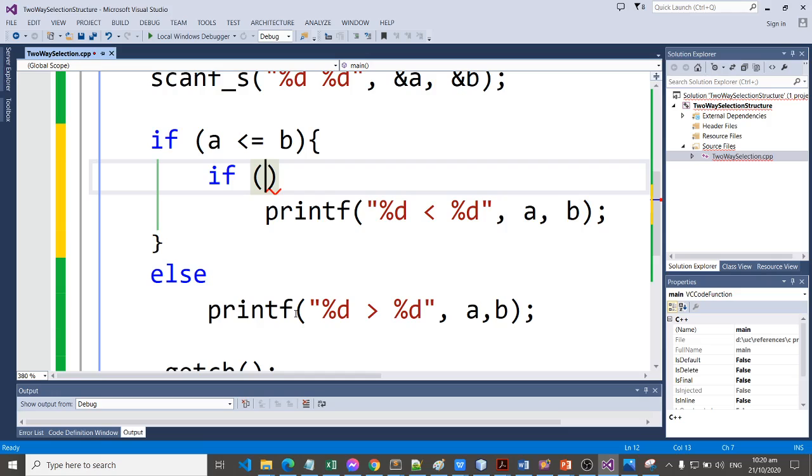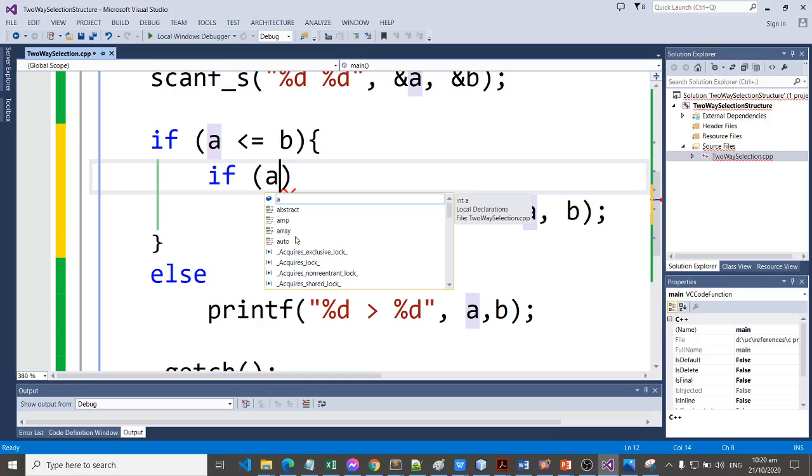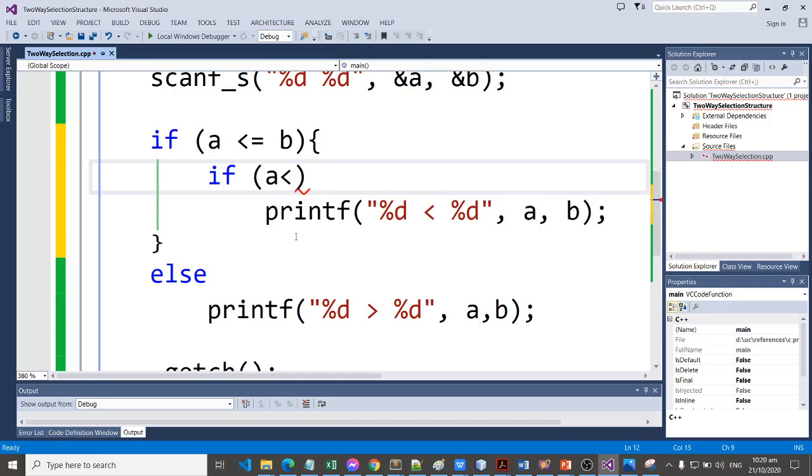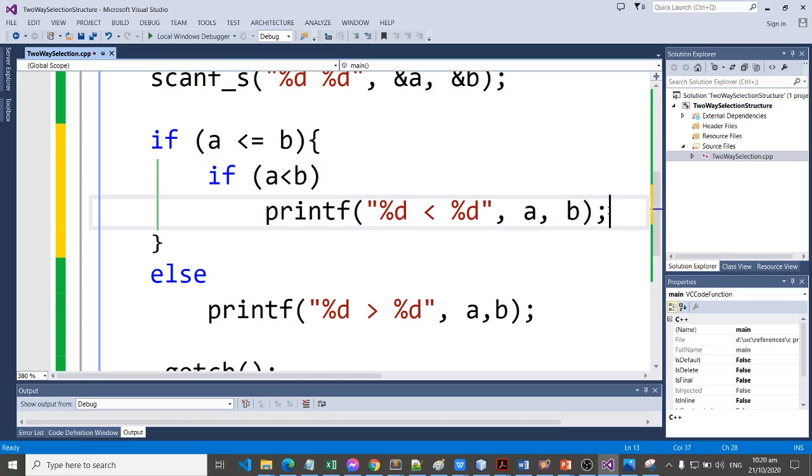All right. So when a is 10 and b is 10, we need to have another if. So if a is less than b, we have to print a is less than b.